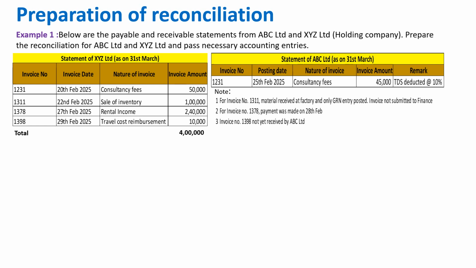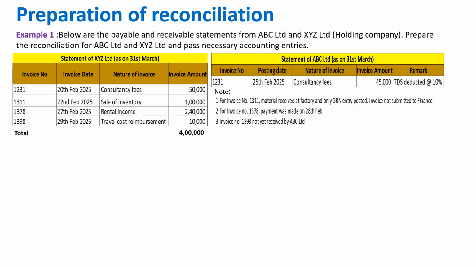For invoice number 1311, material received at factory and only GRN entry posted, invoice not submitted to finance. As the invoice is not submitted, hence the ABC statement doesn't reflect that invoice, right? Invoice number 1378, payment was made on 28th of February, so that invoice has been paid, hence it is not reflected in the statement of ABC. Invoice number 1398, that is for the travel cost reimbursement, not yet received by ABC Limited, hence it is not